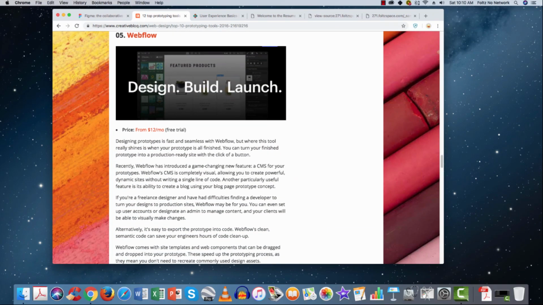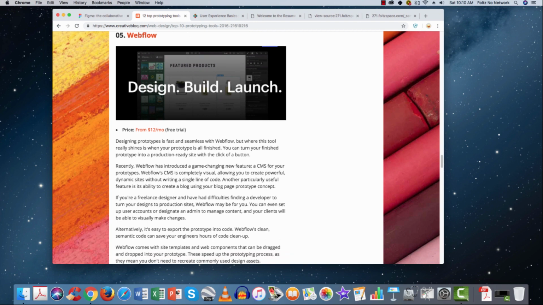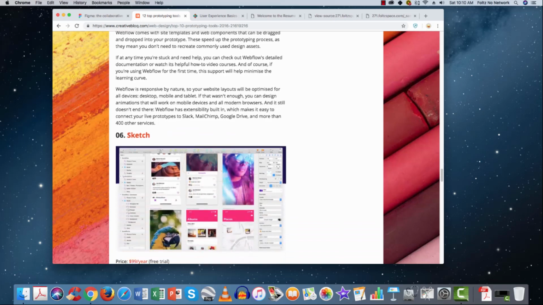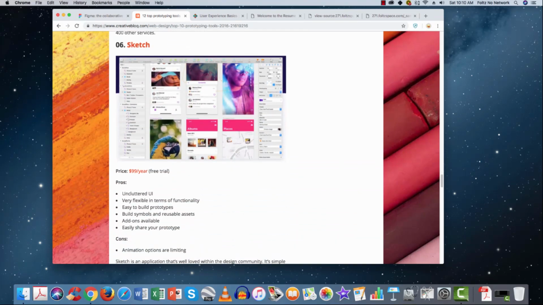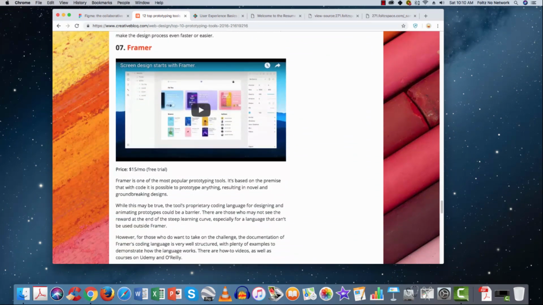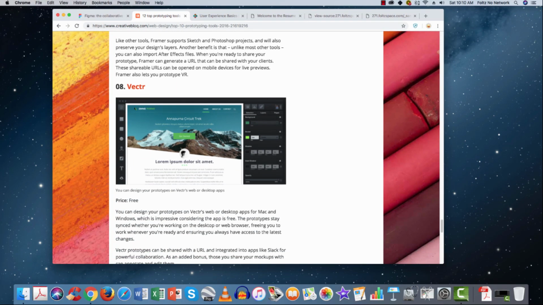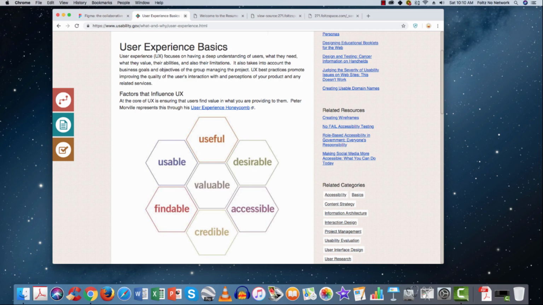This one, Webflow, I like this one a lot because when you're done with your web plan, it will actually write the computer code that you need. But it's a little bit more complicated than we want for our class. Sketch, I like this one, but it's a Mac only version. So that's not so good for our classroom. Framer, like I said, there's 10 or 12 of them. The one that I kind of like the most for us is this one called